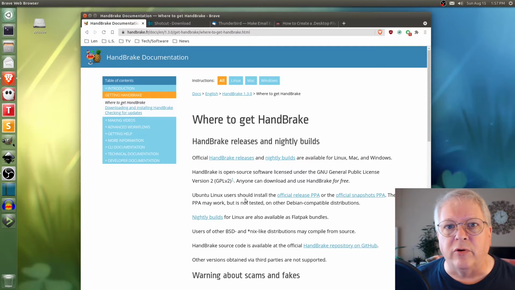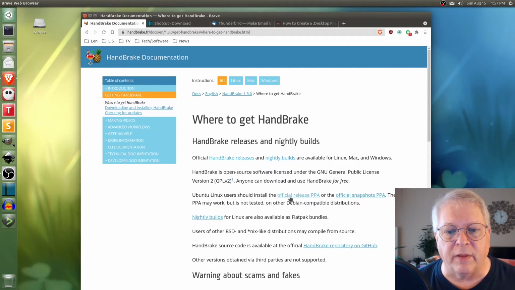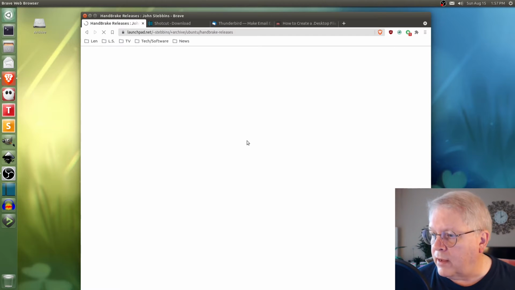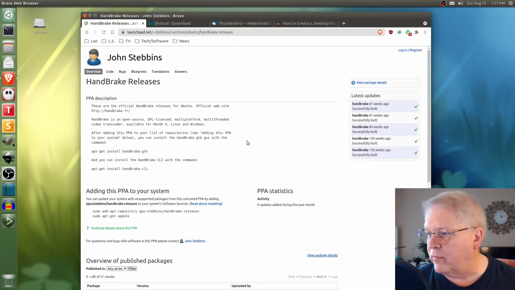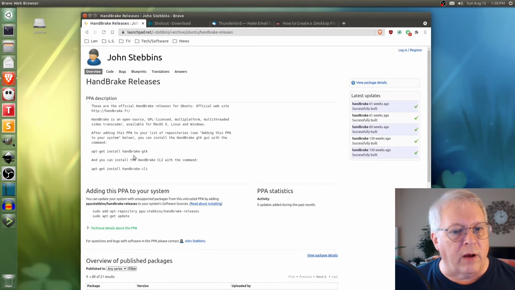You do have to let your computer know that this is software that doesn't naturally come from the built-in repositories of whatever Linux system you're using. You know, I'm using Linux Mint. It has a great repository. It has a lot of things that are up to date and some things are not. For example, Handbrake right here is something that I am going to be using. So I'm going to go to the official release PPA, click on that, and I wonder if my video is going to get all choppy again. Hope not. All right, so